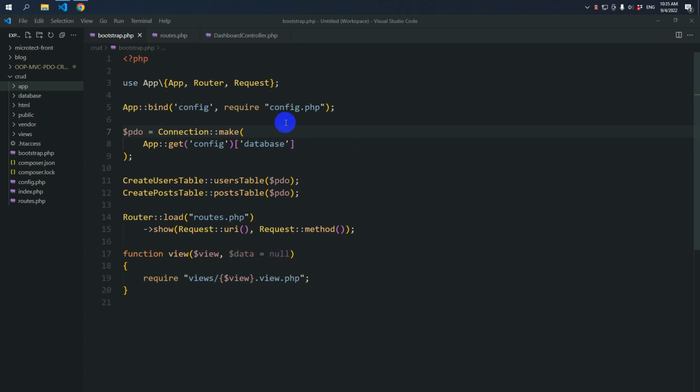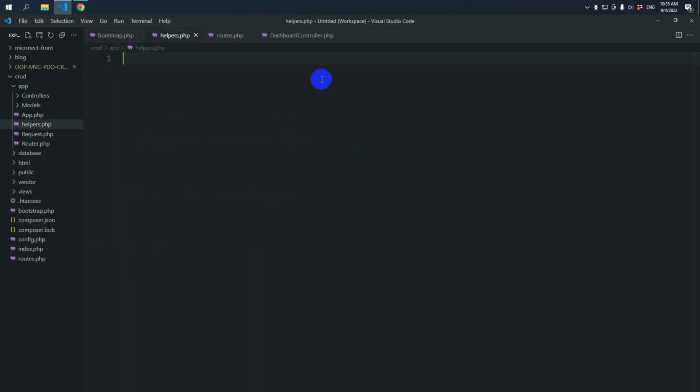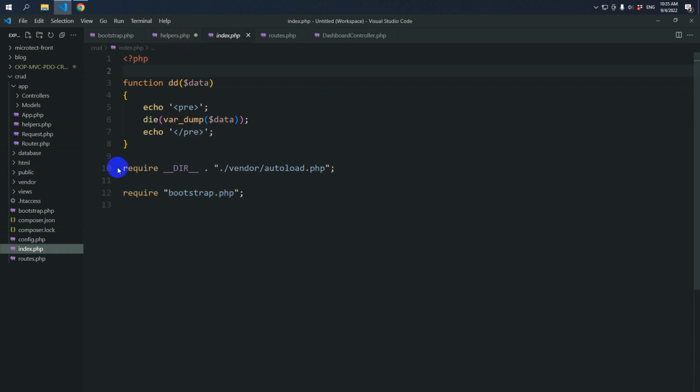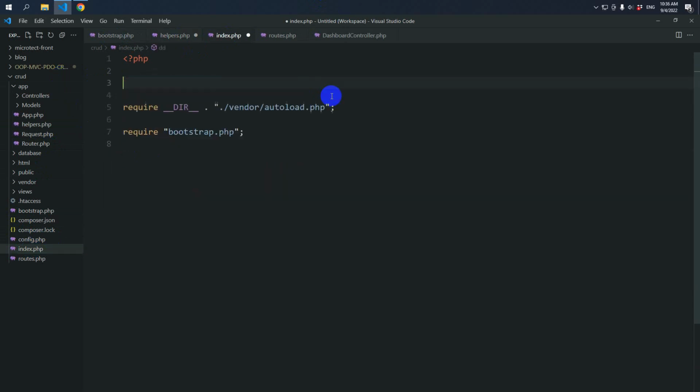Let's make a helper file and some helper functions. So in the app we can make a file called helpers, and in this file we can make some functions, like we can copy the dd. Let's cut it here